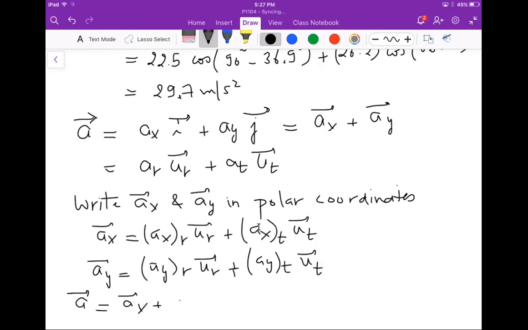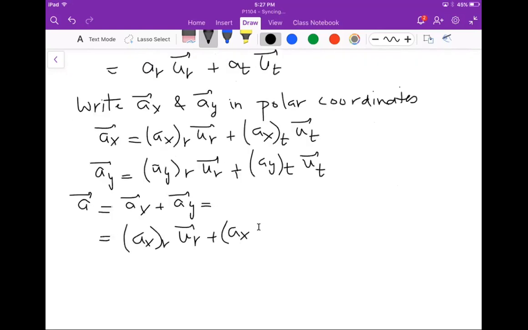So you would end up with AXR UR plus AXT UT plus AYR UR plus AYT UT. And since it's a vector sum, you have to put together all the terms that belong to the same axis. If you have UR and UR, those two terms can add up. And so we can write this as AXR plus AYR,